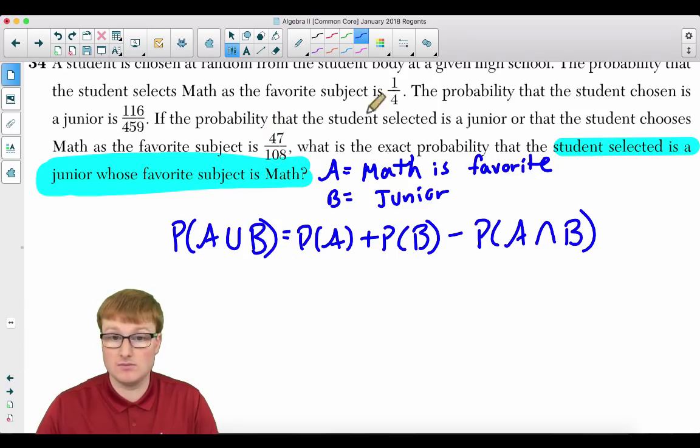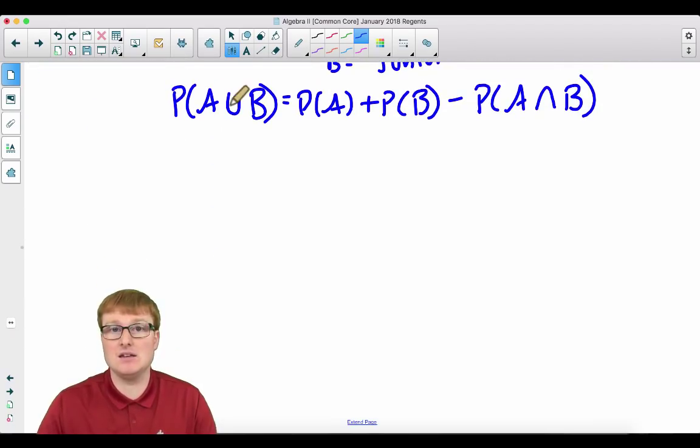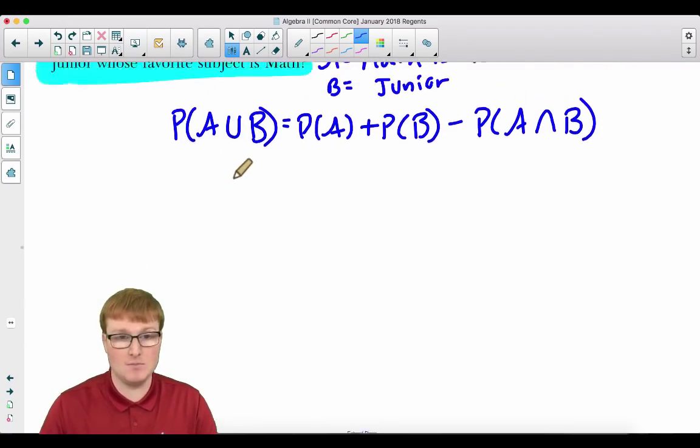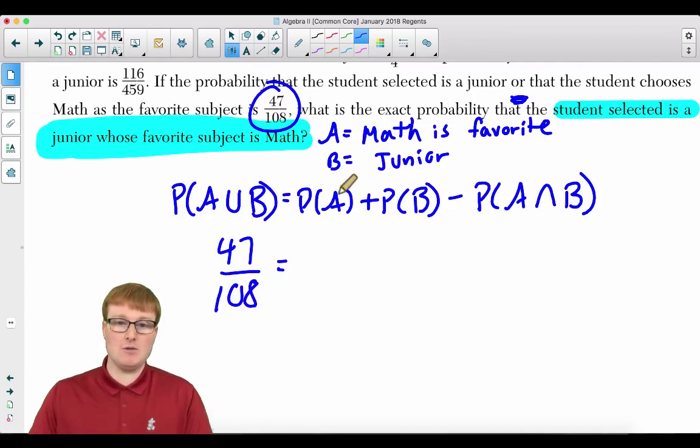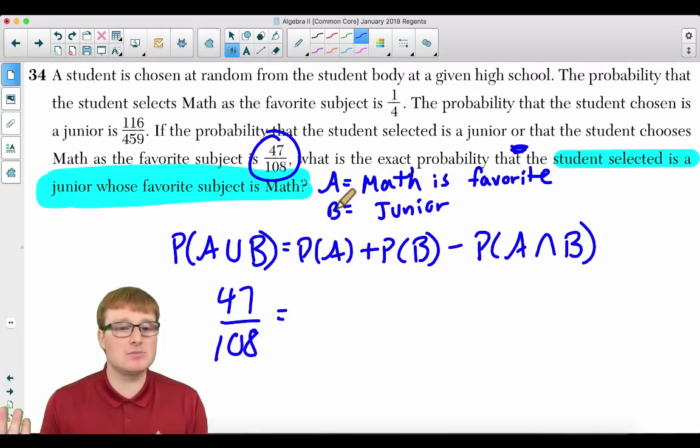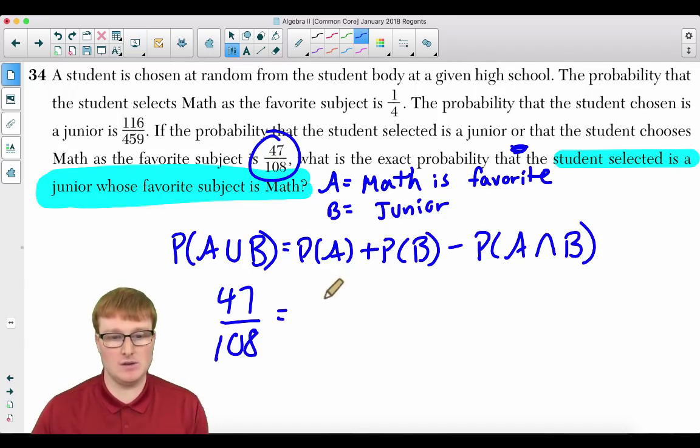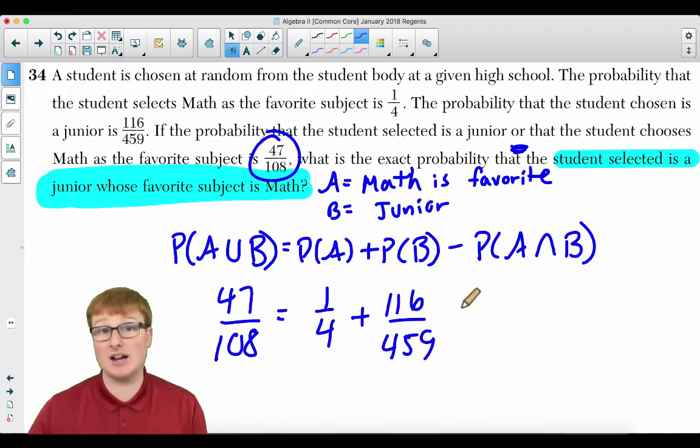Well, if the probability that the student selected is a junior or that the student chooses math as a favorite subject is 47 over 108, well, that is P of A union B. Well, that's just going to be 47 over 108. So the probability of A, well, what's the probability of selecting math as your favorite subject? Well, that's just 1/4. The probability of being a junior is 1/16 over 459, and we're actually trying to solve